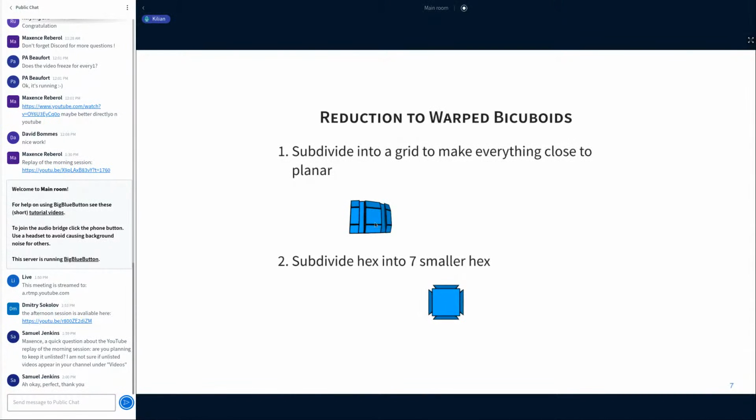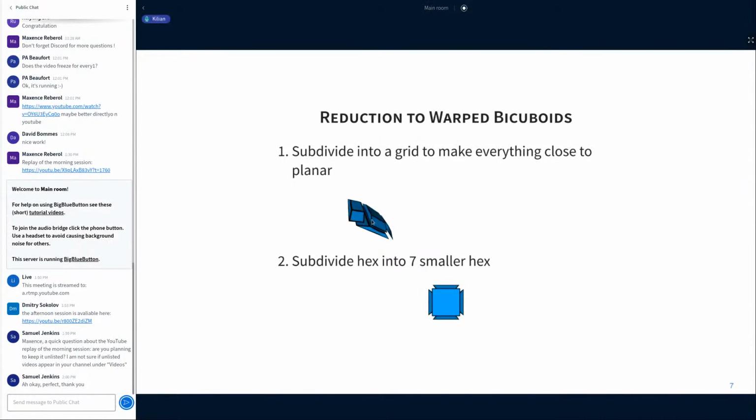So the trick to refining them is, first, we don't want the boundary to change. So here, if you look on one side, this is what you would have on the boundary of your mesh. And you can refine it further into a grid of 3x3 quads just by inserting 4 hex. You can do this geometrically,